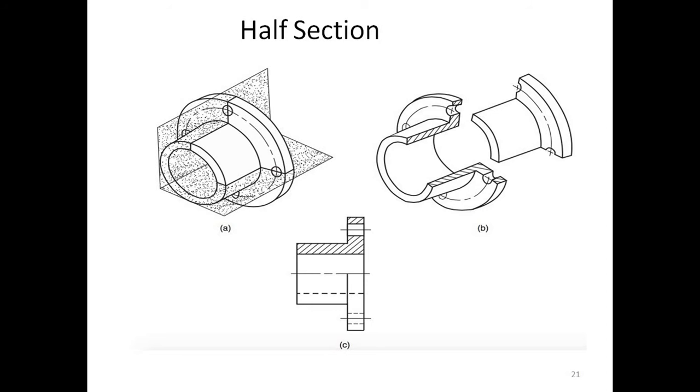And in section C, or figure C, this half sectional view is drawn, in which it is clear that the first object's small hole is seen as visible, and it is a sectional view, that half section is there. So the hatching line is there. It is one of the examples of half section in which two planes which are at right angles, that is 90 degrees, are taken to draw the orthographic view of that component for clear understanding.